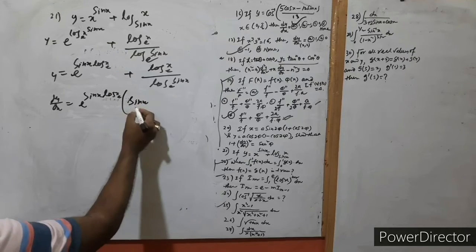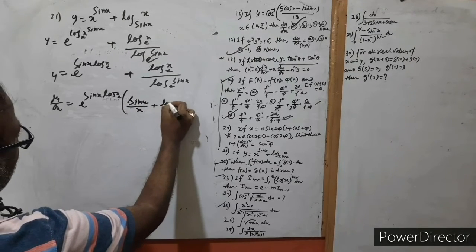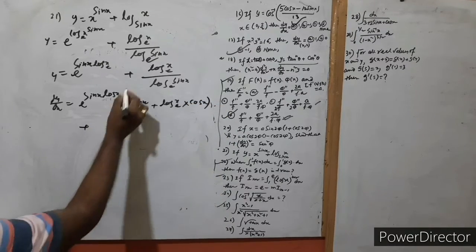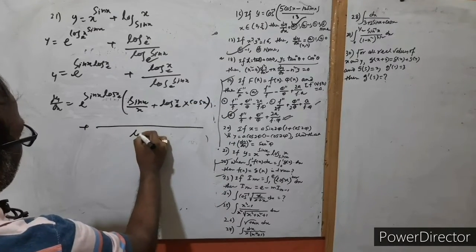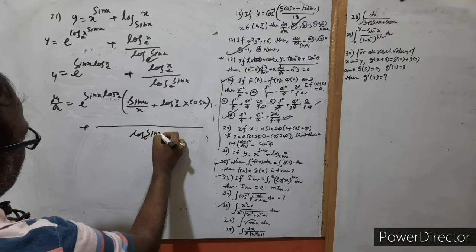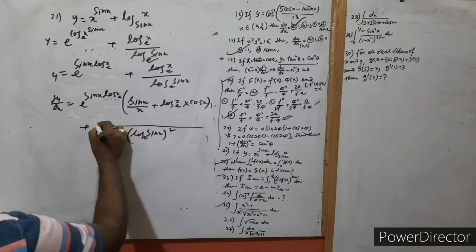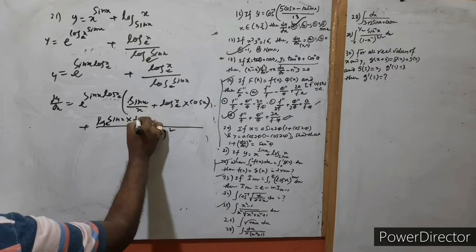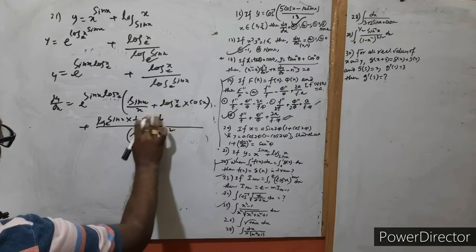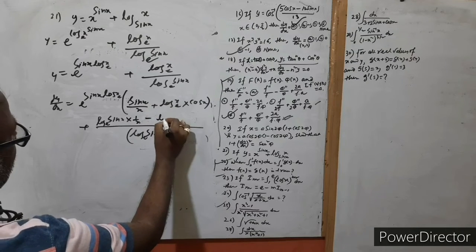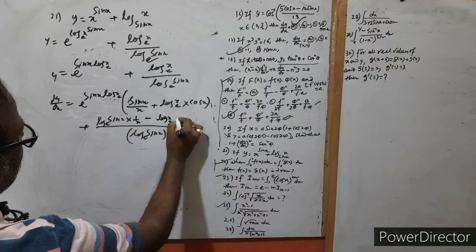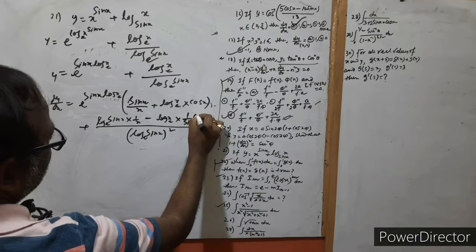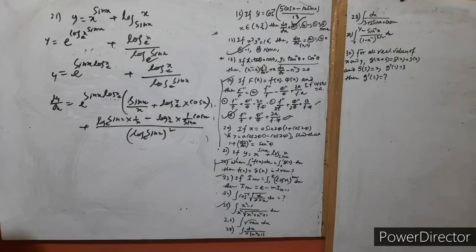So sin x, differentiate log x by x and log x to the base e, and this is cos x, and this is u by v, and this is a whole square 1 by x, okay, and this is being here minus, actually this is the formula, log x to the base e, and derivative of log sin x 1 by sin x, and sin x, this is cos x, okay,